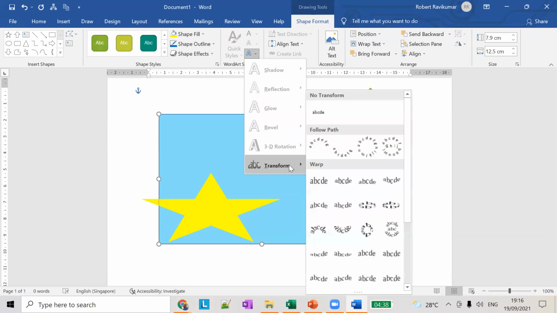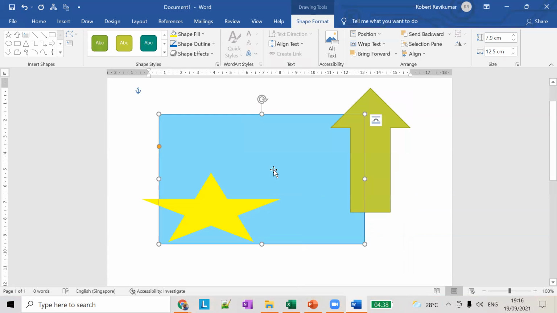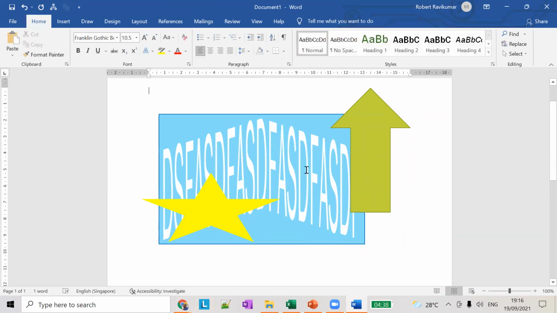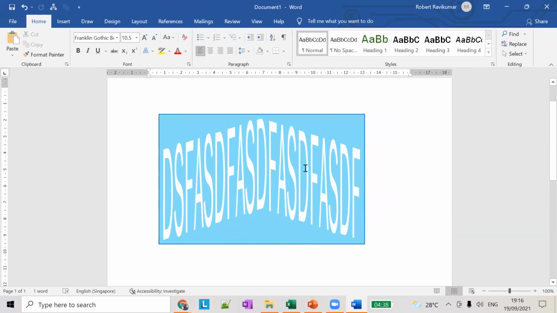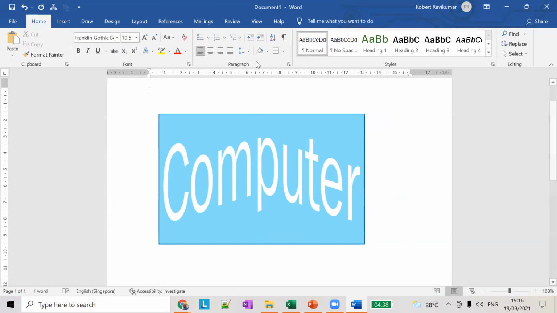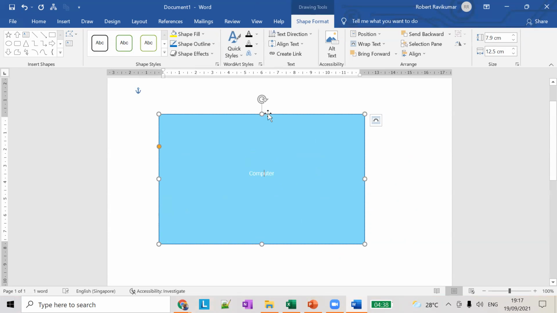Similar to that, we can add some text in the picture also. If you select the picture, you can add some text here. See, we have added some text in the shape here.